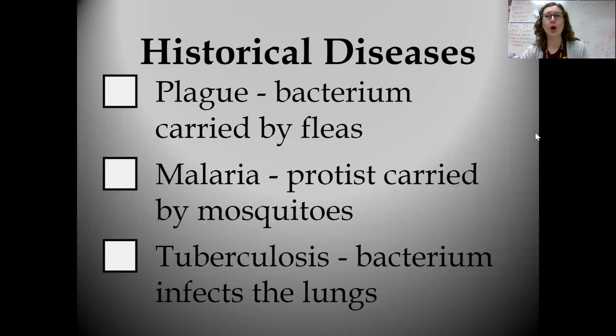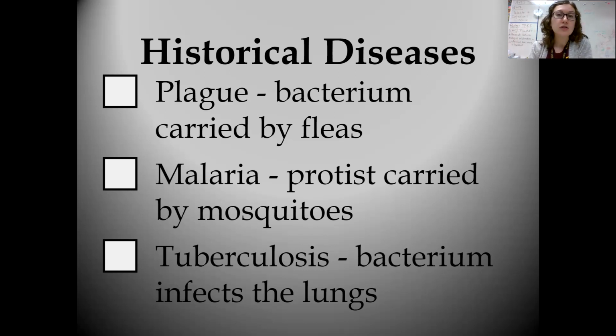Historically, we had the plague. These are all going to be biological risk factors: the plague, malaria, and tuberculosis. It's interesting. I always think, whenever we're looking at this, that all three of these were organic in nature. None of these were virally caused, whereas I feel like if there was one more for our generation, it would probably be COVID-19 as a historical pandemic for us. But back in the day, it was all bacteria, protists, and other living things. So these are all organically based historical diseases. I would be familiar with them.